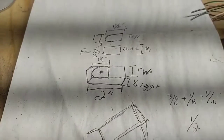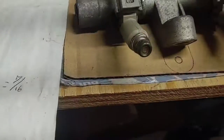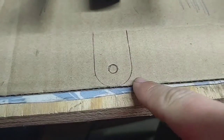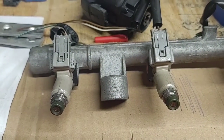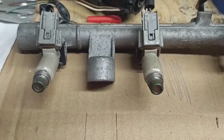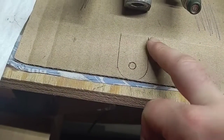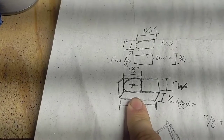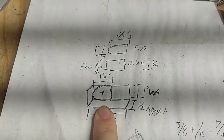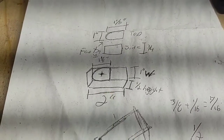What I'll be able to do with that is I'll be able to trim and sand into this U shape that I traced out onto a piece of cardboard from the fuel rail. From this fuel rail, this is the one out of the Elantra, but it is the same shape, so I'll be able to trim this out and make a block out of melted milk jugs. I actually am going to use iced tea jugs from my area, but that should get me,